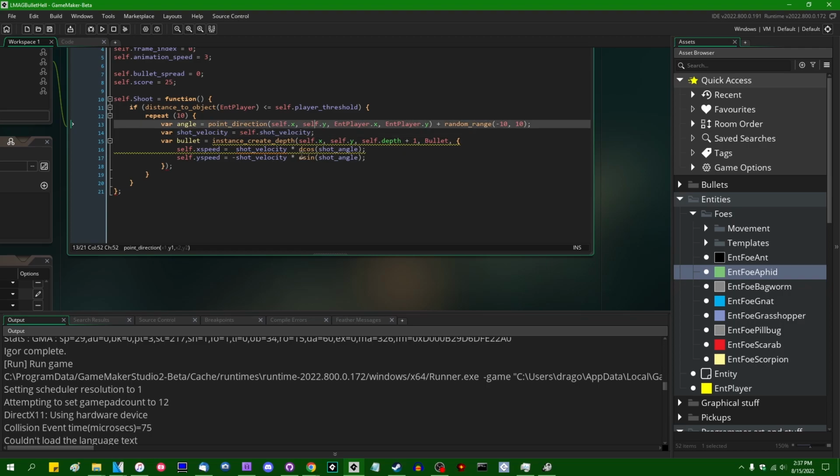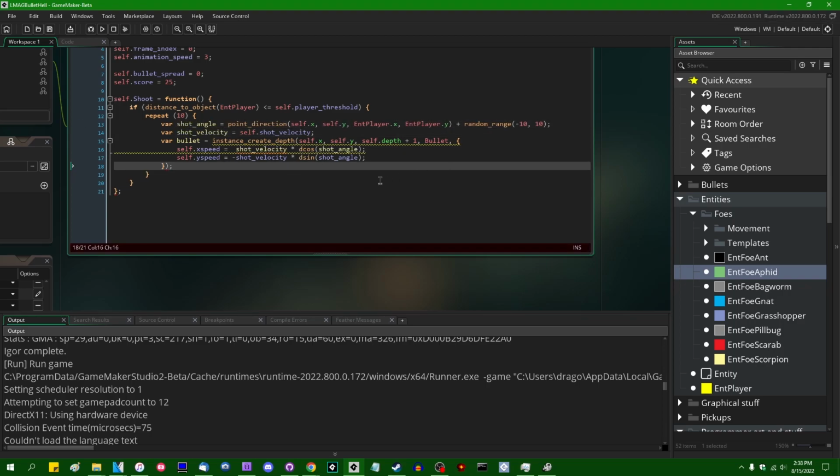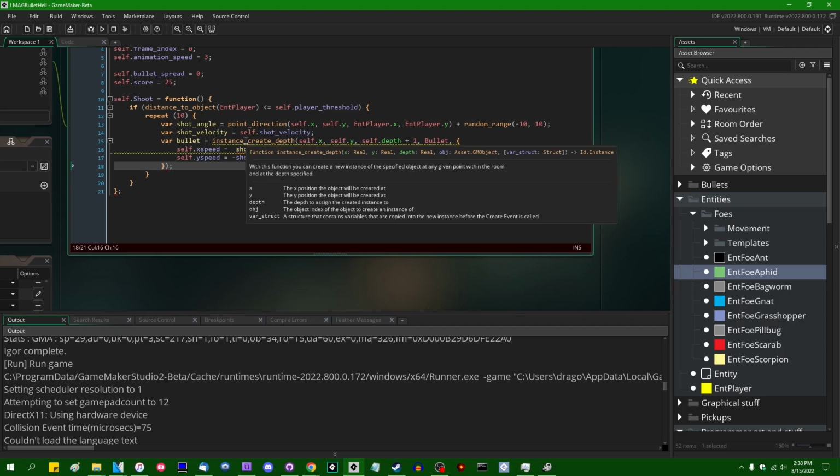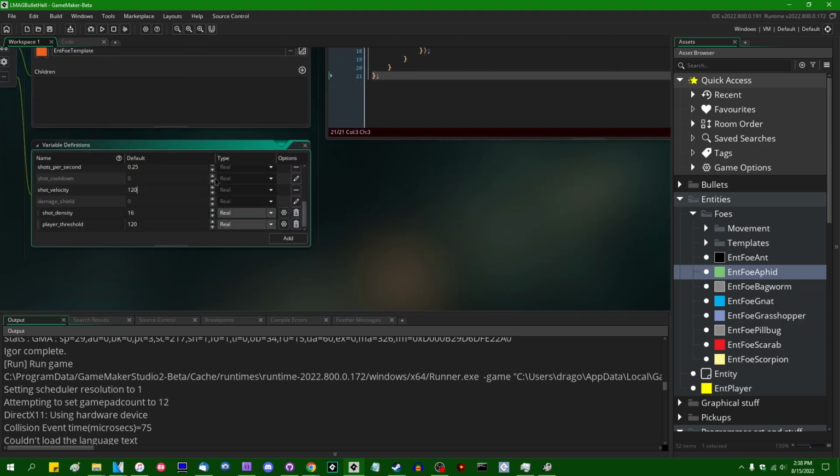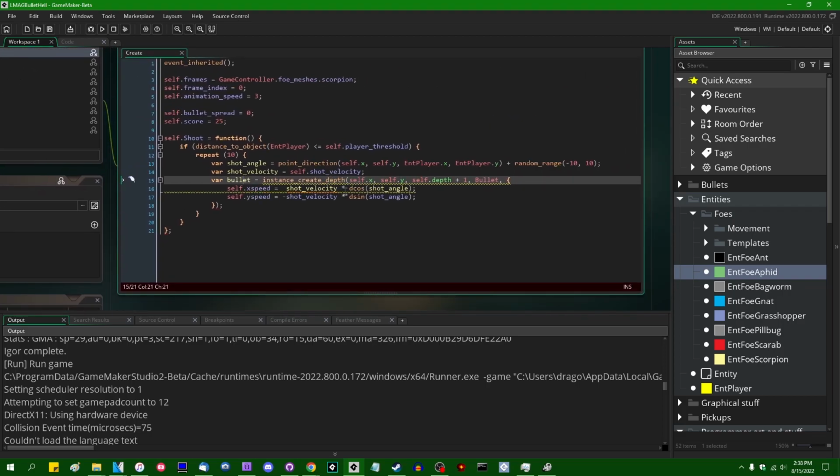Can be that, and shot angle can be that. And that should allow us to create a handful of... Why is Feather complaining about this? Like, that is a number. So I don't know why I can't multiply a number and a... whatever. Anyway,